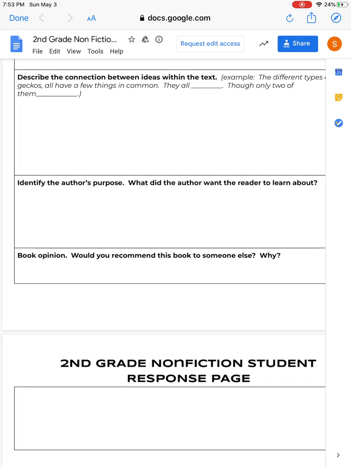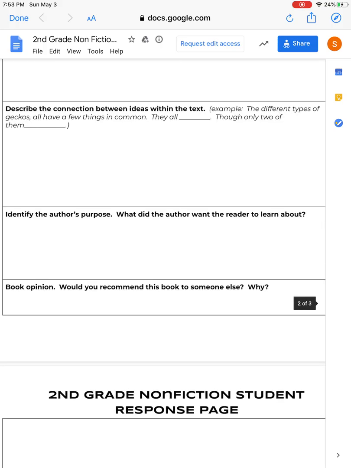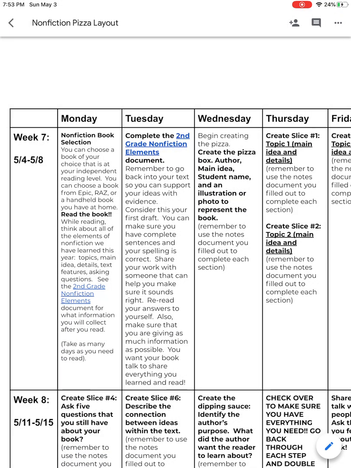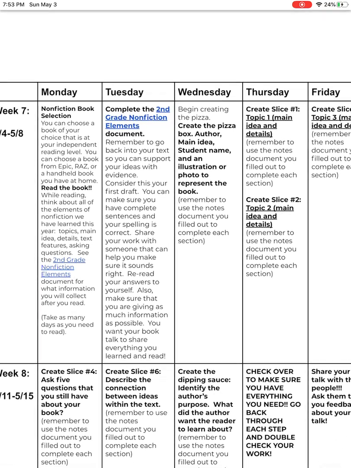What did the author want the reader to learn about? And then a book opinion. Would you recommend this book to someone else? Why? So those are all parts of the nonfiction element sheet that you will fill out that will help you